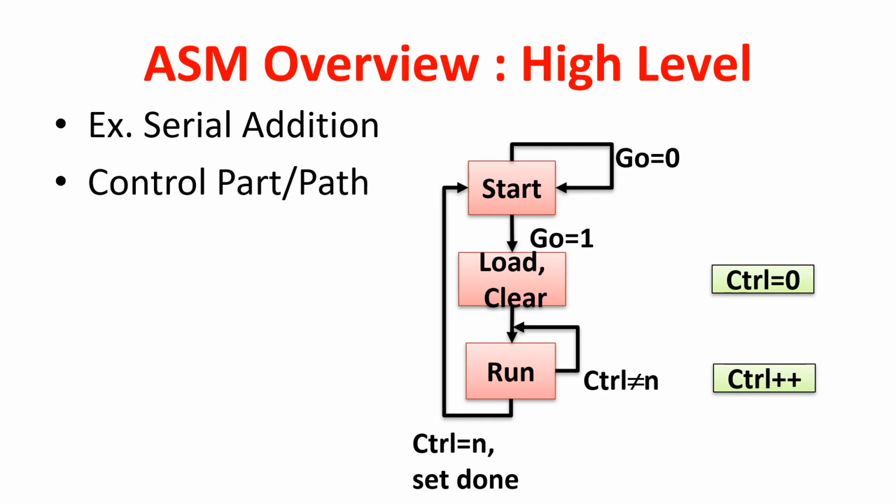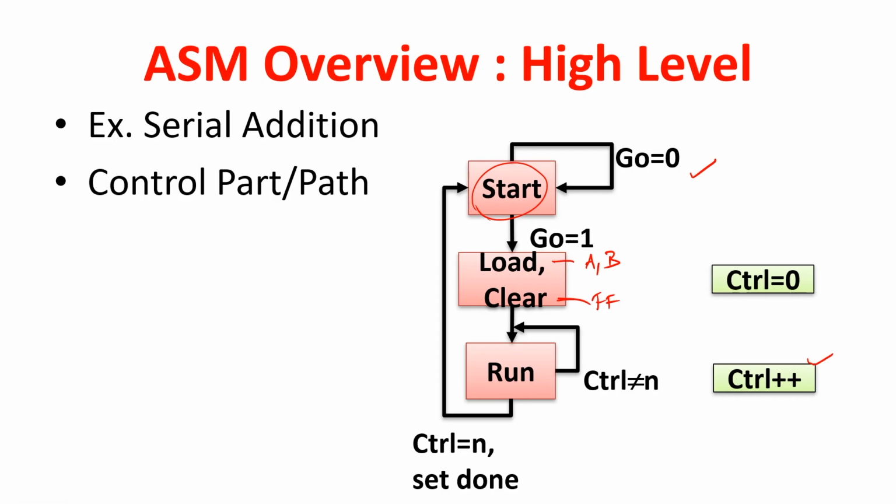Okay. So, if you look at this, this is the high level overview of the control path. Initially, if go is equal to 0, then it will be in the start state. If go is equal to 1, then it will load the value into A and B, and clear the D flip flop. After that, every cycle it will increment